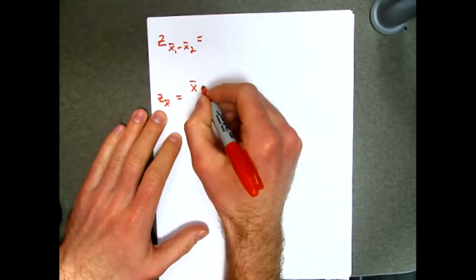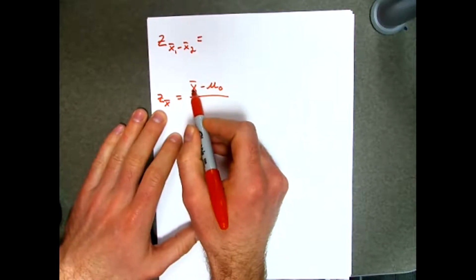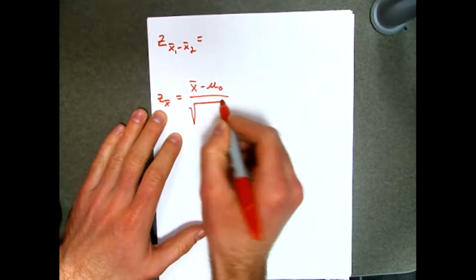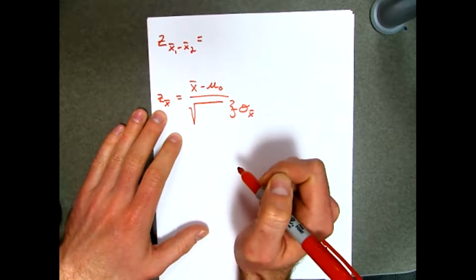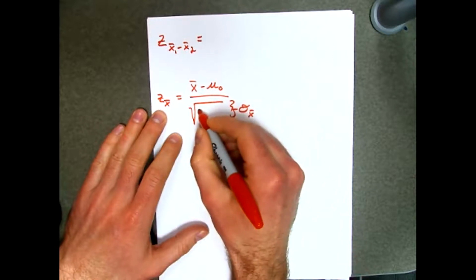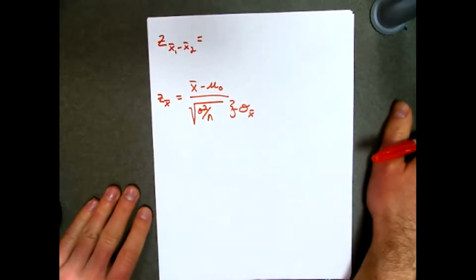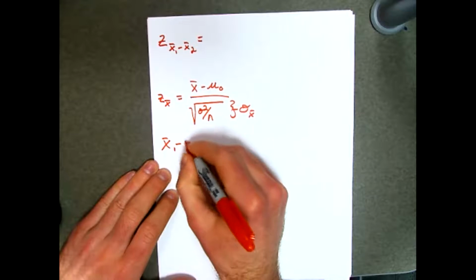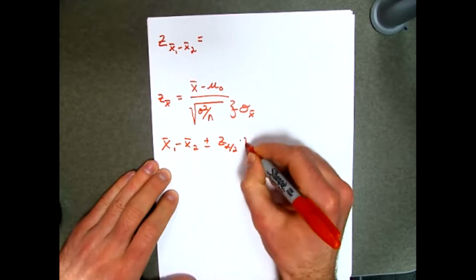When we only had one mean, we took the sample mean that we found, subtracted the assumed true value of that mean, and then divided by the standard deviation of the statistic we were interested in, or the standard deviation of our sample mean. So it looks something like this. Well, when we did confidence intervals for the difference in sample means, this was the equation that we were using,